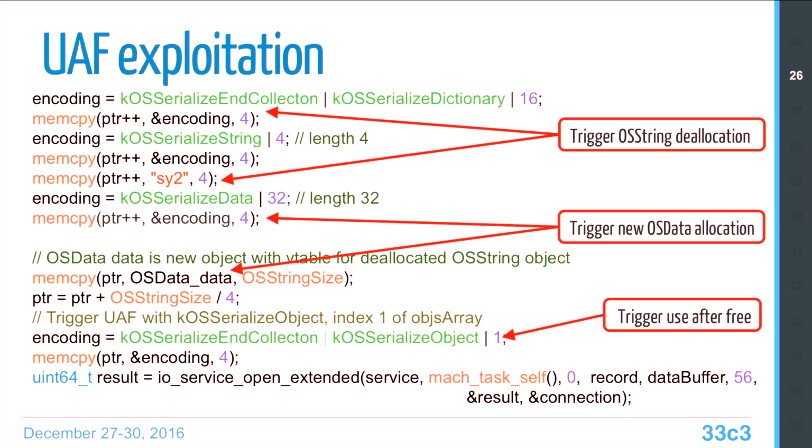This is how the exploit looks. So first of all, we create an OSDictionary that will contain a string that, due to the bug, will be deallocated. So now we need to reallocate it with our controlled object to fit in the same memory spot. As the OSString class in memory will be 32 bytes, we need to allocate the same size. For this purpose, OSData is a perfect candidate because we can control the OSData buffer size and